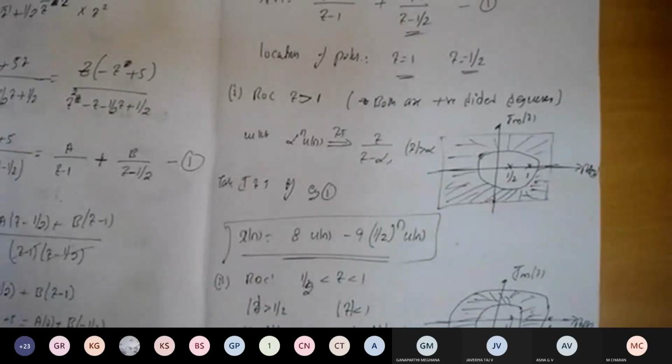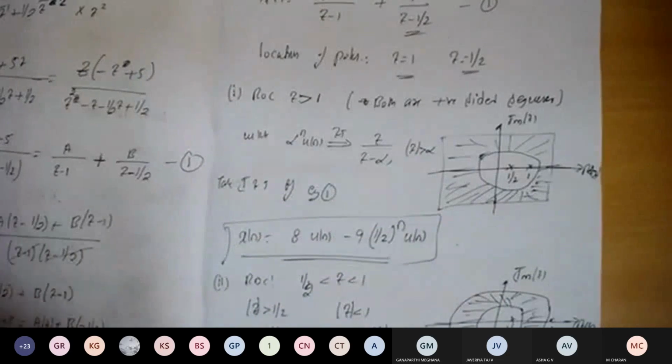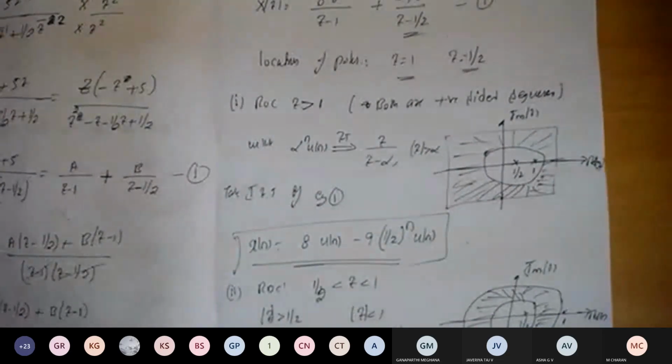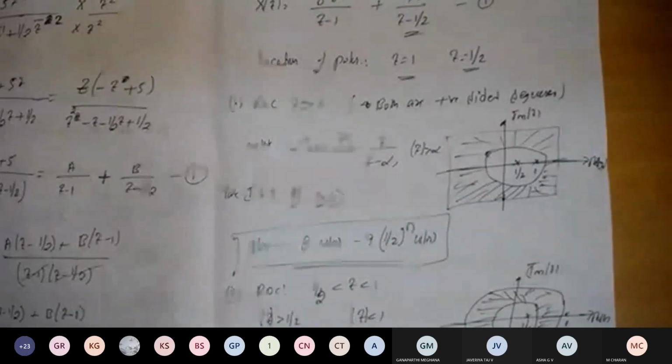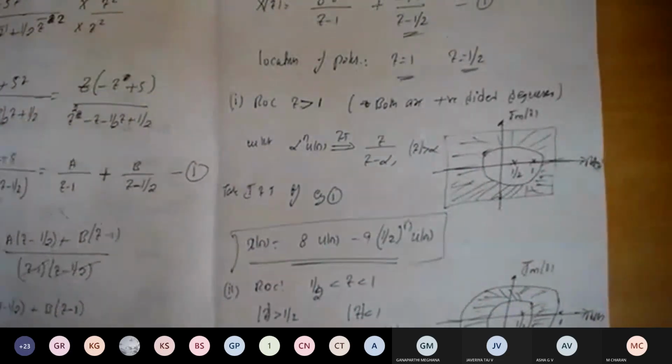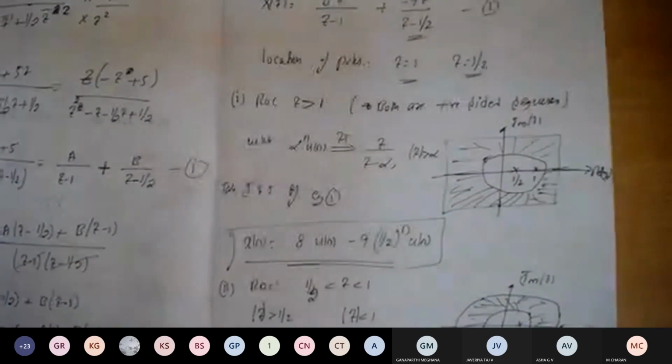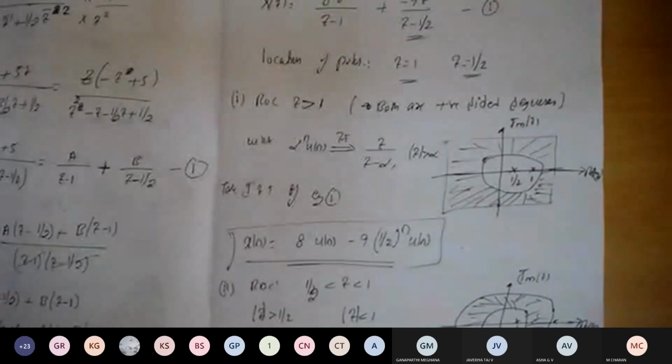So if you take the inverse Z transform, it will become